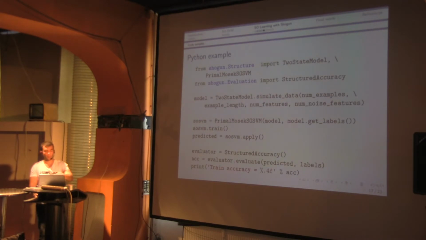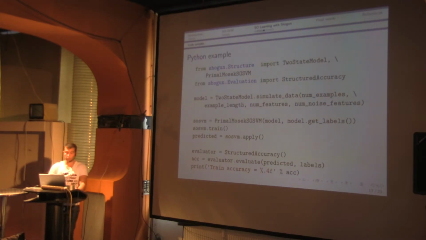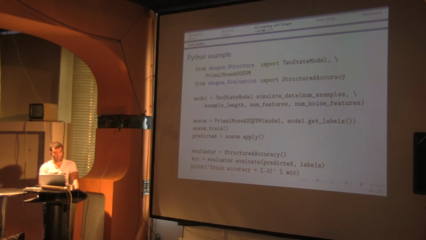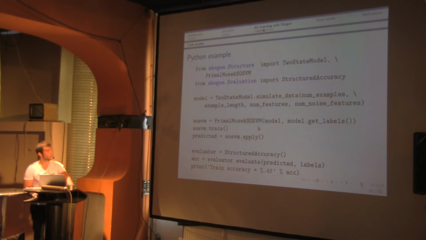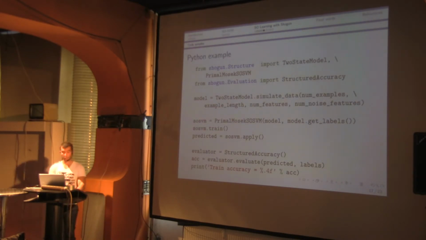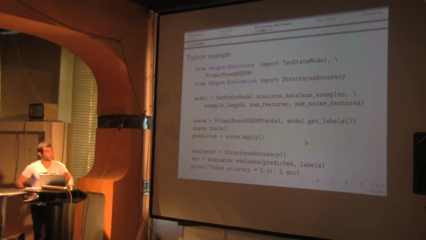So here, instead of giving the data by hand and using this other method, simulate data is going to simulate two-state data, and it's going to produce a model already with the training data inside. So we create the primal mosaic structure output SVM. Similar as before, we can train it, apply it, and later we can use this other object to print